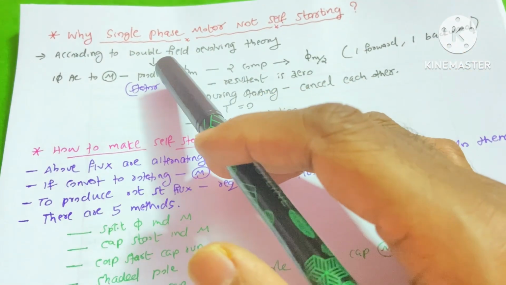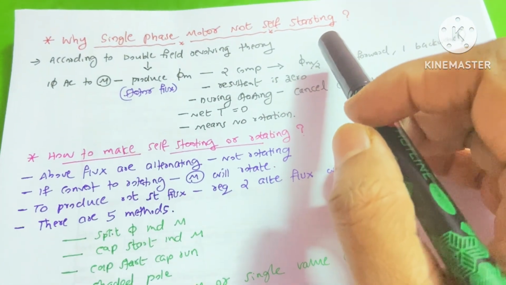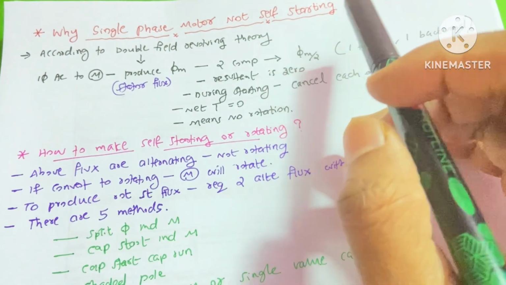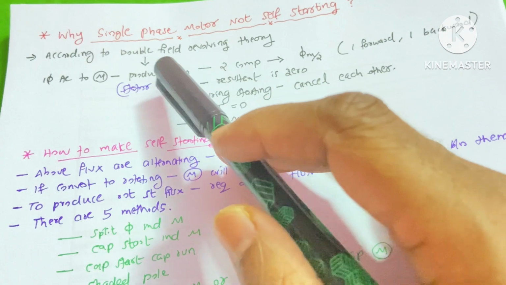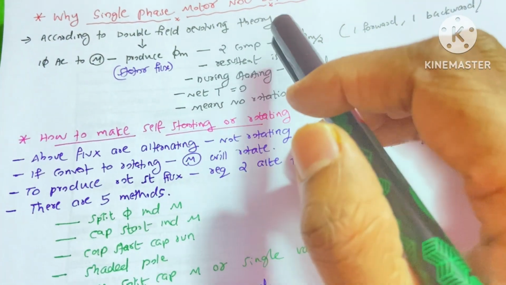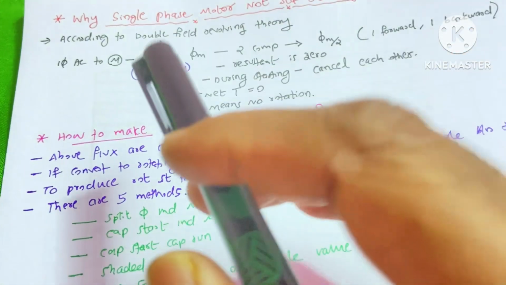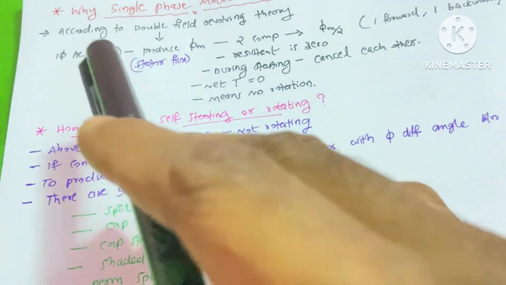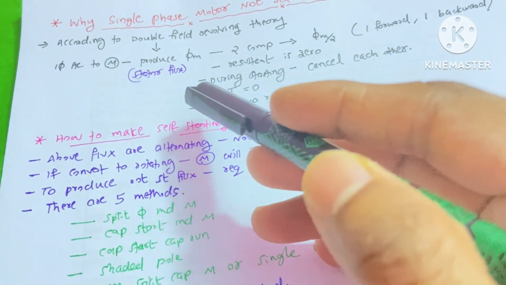Our today's topic: why a single phase motor is not self-starting, meaning not self-rotating. I'm explaining this one according to the double field revolving theory. According to this theory, when we give single phase AC voltage or power to the motor, it produces a stator